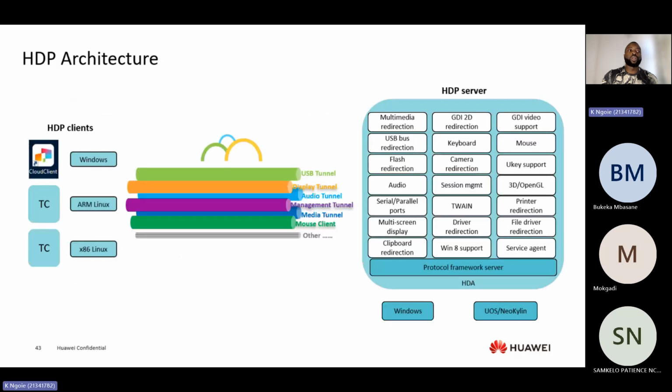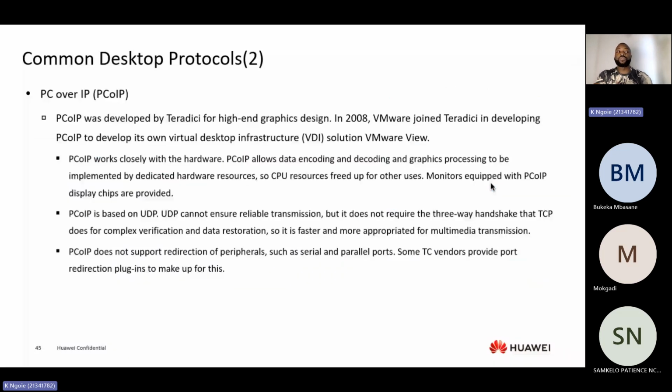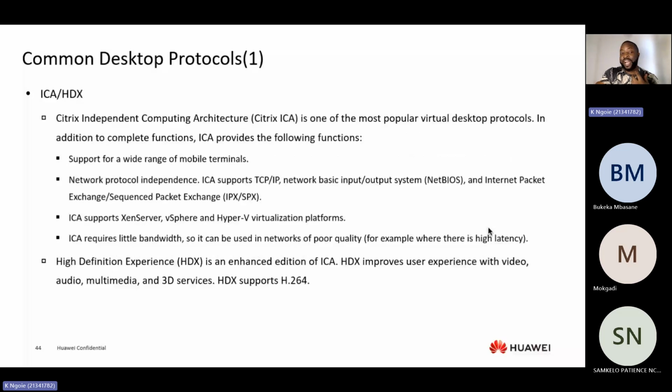Okay, so with the architecture of HTTP, as we've mentioned already, we have different operating systems that are used on the server side as well. We have many features that come in the architecture, and this comes with common desktop protocols. We have certain protocols such as the ICA, HDX. So when we talk about the ICA, this is one of the common desktop protocols